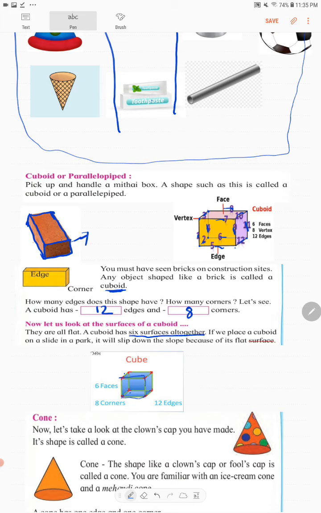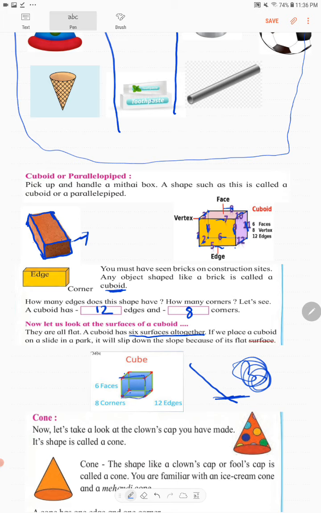The plain sides are called surfaces. So a cuboid has all flat surfaces. If we place a cuboid on a slide or a park, tell me whether it will slide or whether it will roll down. It will just slip. It will not roll like a ball. It will just slip down like this.